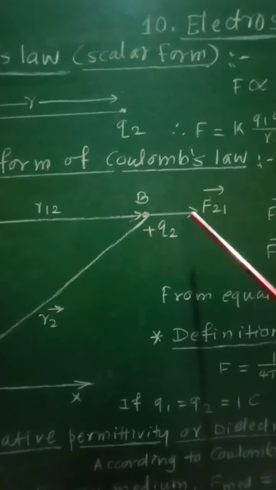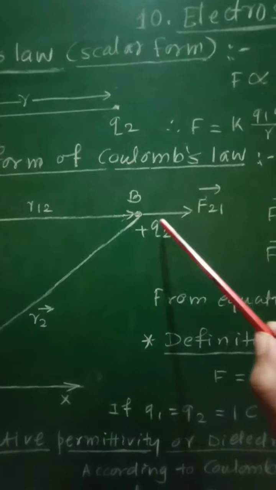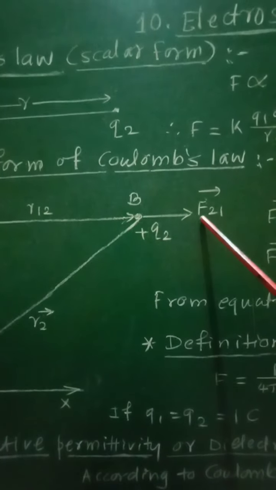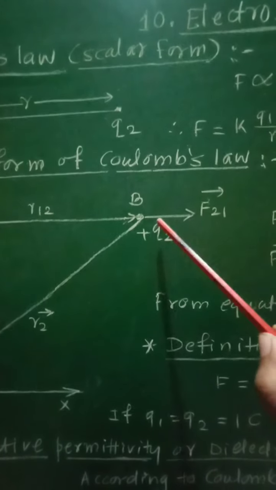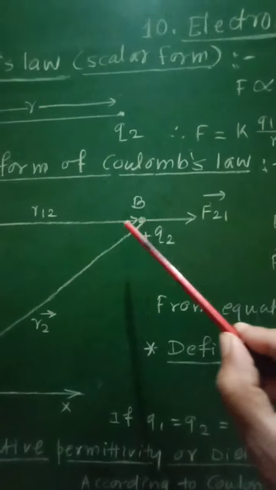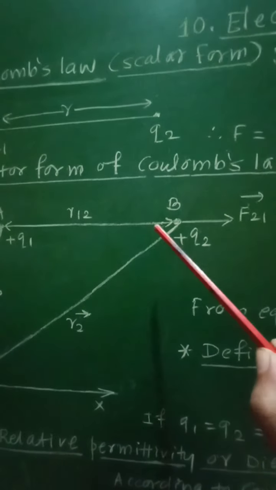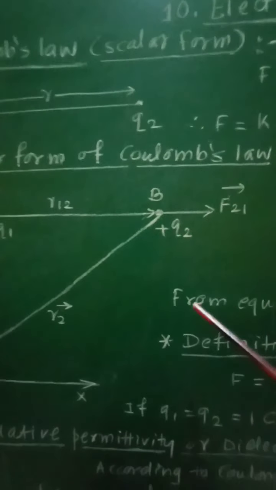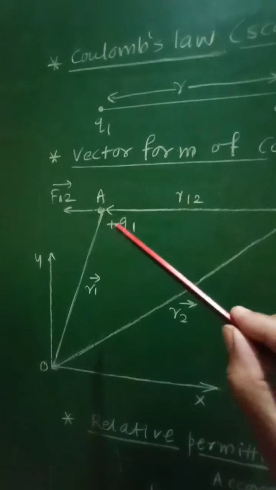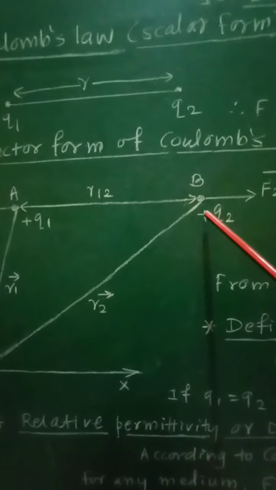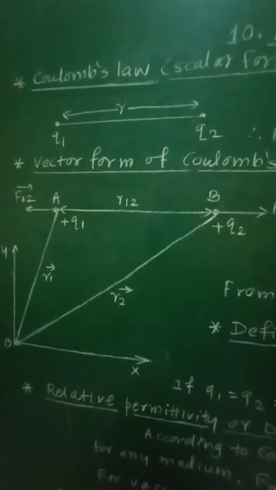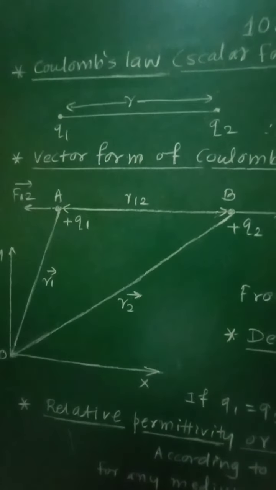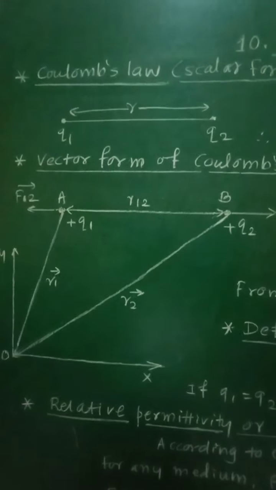Similarly, force F21 is directed away from this charge Q2, and which is the force acting due to the first charge on this second charge Q2. So F12 and F21, these are the forces acting on these two charges by the other charges, and therefore the